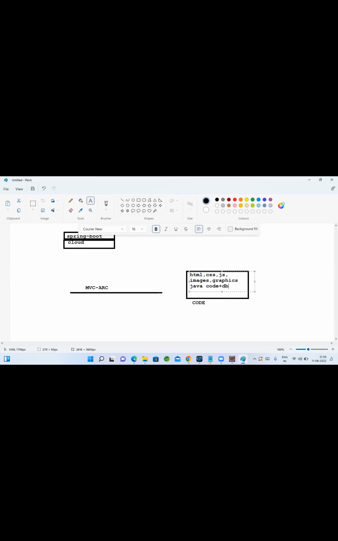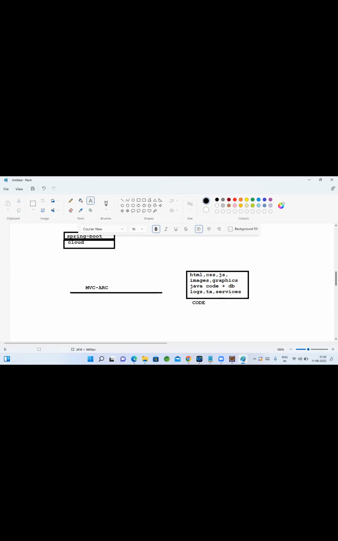We write SQL queries and all. We include Java code and DB code, and any additional services code, like logs to maintain logging, transactions we maintain, any additional services. If we need all those services, we maintain them here. All that code we write here.